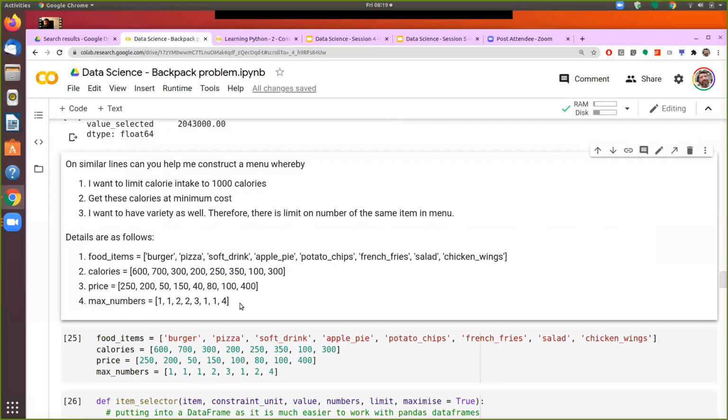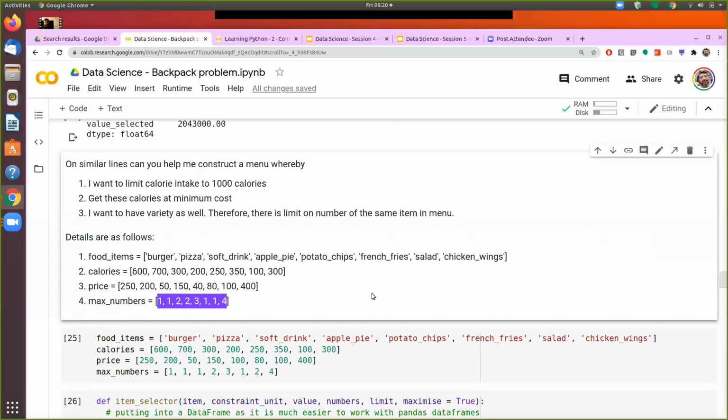At the same time, the customer would say no. Suppose here the French fries, just because they have, suppose, low price and high calories, that doesn't mean that I will only eat French fries. So what he is saying there is, what is the maximum number of each of these items that I want in my meal?